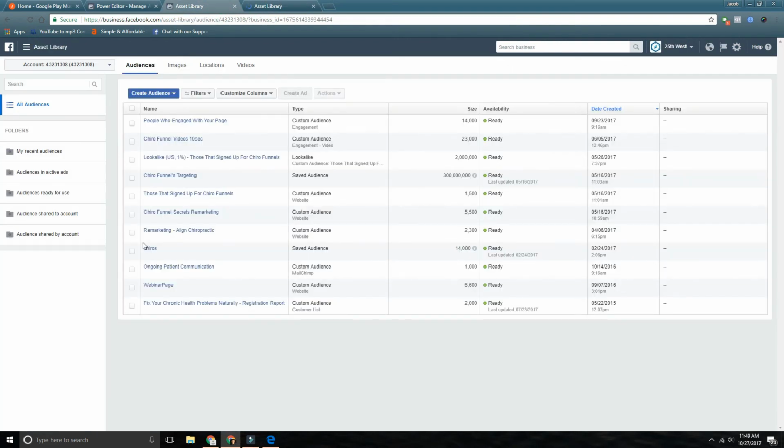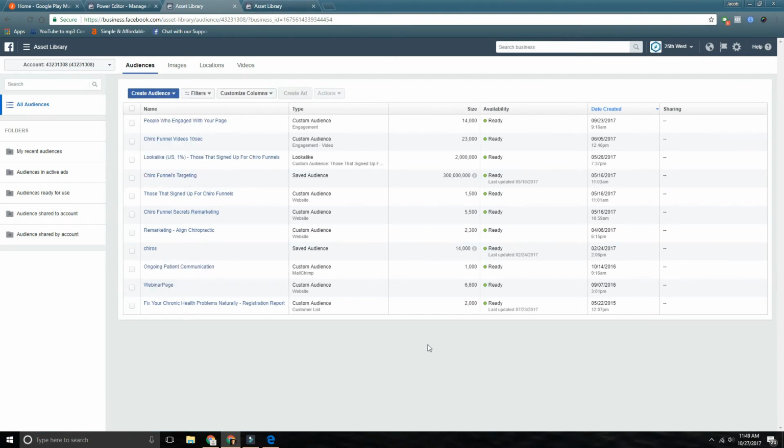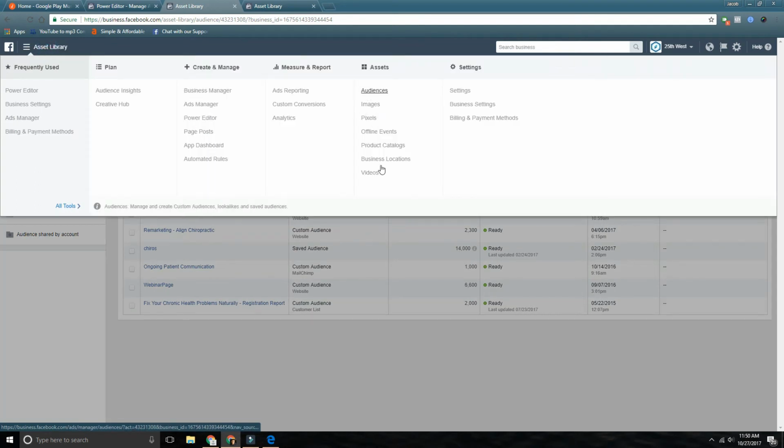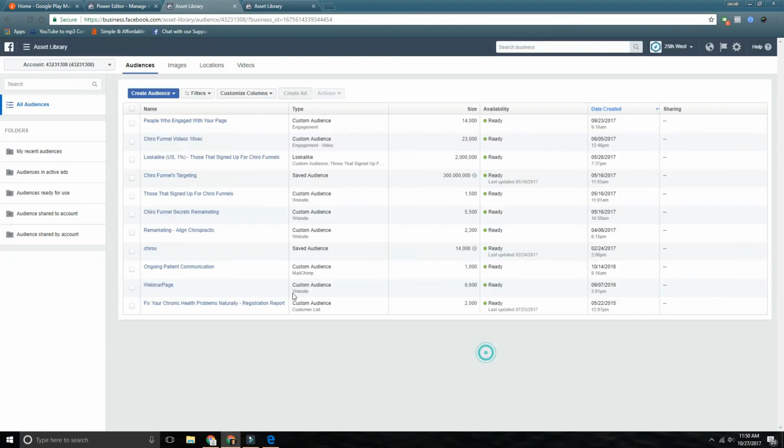Then inside the asset library for audiences, here's where you would be able to build one. That screen that we showed you inside the ad set, where you can quickly build an audience, you can totally do it there. I actually recommend just doing it inside the ad set, so that way you aren't breaking your flow. But if you want to create an asset outside of there, or if you need to clean up an asset, you go into all tools, audiences,